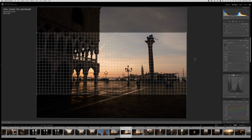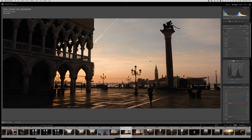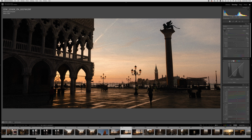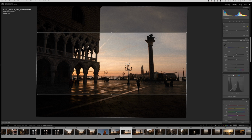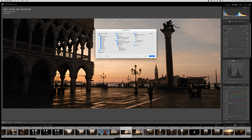And again, I'm not going to bother correcting the distortion of the lens. We clearly have leaning on both ends towards the center. Doesn't matter. What really drew my eye in this shot, or in this location, was the lights capturing that sunlight, getting the first light of the sun and sort of glowing up, and the silhouette of these beautiful street lights. So we're going to copy this